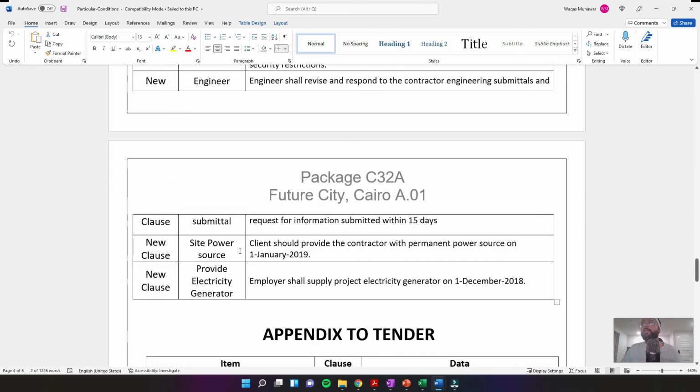Based on this, for example, site power source, the client should be able to provide the contractor with a permanent power source on this date. So this is another milestone. Then there's another milestone. Then submittals. Yeah, this is really important. What's the turnaround for the submittals? How long does the engineer take to revise and respond to the contractor? So this is really important as well. All right, so as you can see,